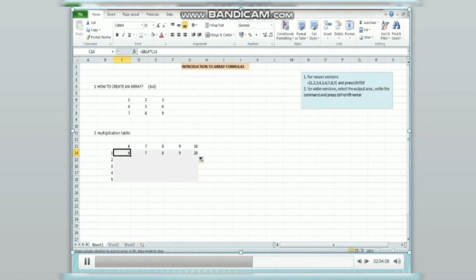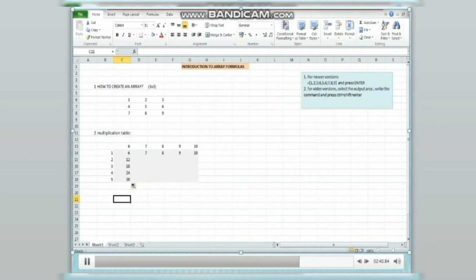But let's see if this formula works well down the column as well. No, this column doesn't work well because here 6 into 3 I get as 36, which is wrong. So for that I will have to fix the second row and make it a mixed reference. To do so, I will have to press F4 twice and now press enter. When I drag it down, I get the output as this. Now this is correct. So by now you have realized that the concept of references is a bit confusing.